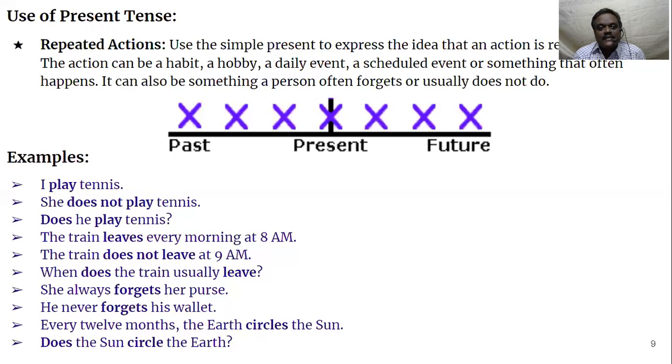Something like that, or something that often happens. Often means after every time it happens, every day, every week, or every month. So at regular intervals, it need not be an everyday event. For example, I say I go to movies once a month. Once a month only it happens, so no problem. It is happening for so many years, and it is going to happen for so many years. So we use simple present tense.